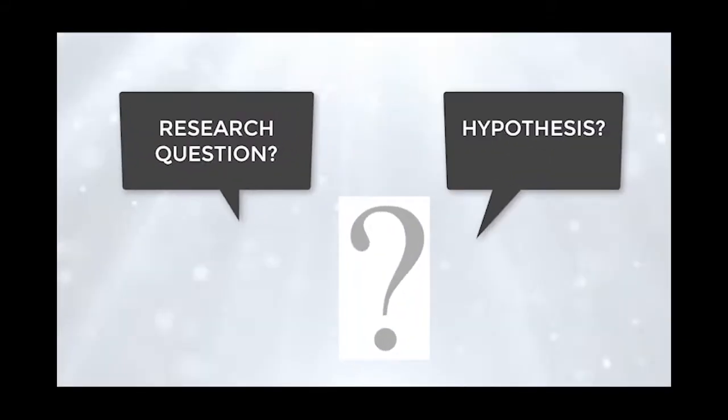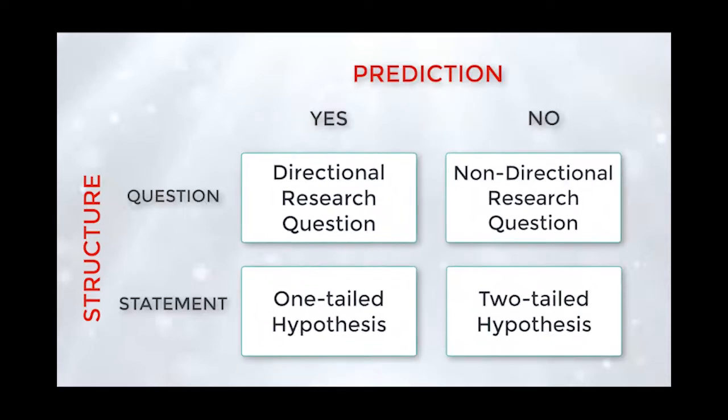After you have completed your review of literature, you will need to determine your research questions and/or hypotheses. This decision depends on which variables you are intending to measure, as well as what you want to know about those variables based on your research. Given the research, are you asking a question about a variable or are you making a prediction? As you make this decision, you will notice that research questions and hypotheses differ in their structure as well as their level of prediction. The first dimension is structure.